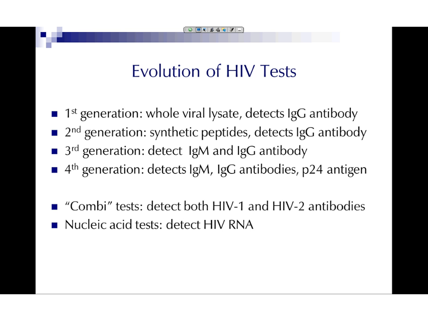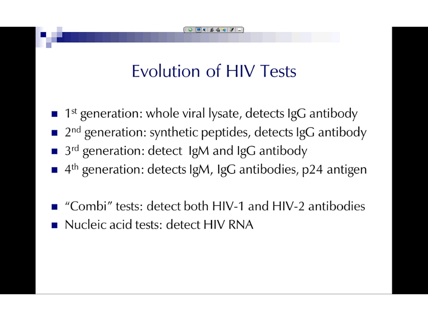First of all, in terms of the evolution of HIV tests, in general, tests are grouped into generations. First generation tests were, of course, the original EIA. They're based on a ground-up whole virus or a whole viral lysate that's grown in cell culture. But the big characteristic of both first-generation and second-generation tests is that they detect only IgG antibodies. And the IgG antibodies, of course, are the second antibodies to appear.